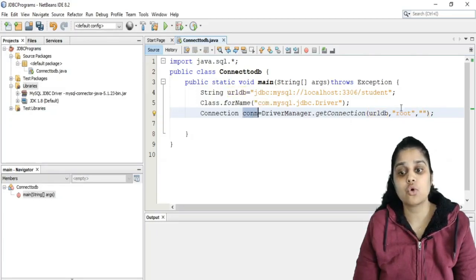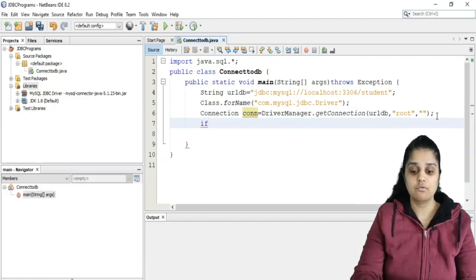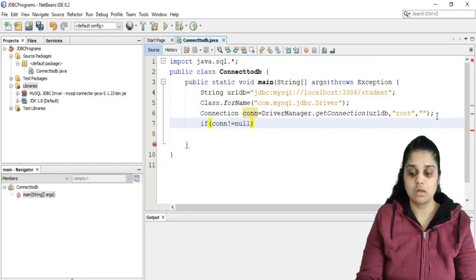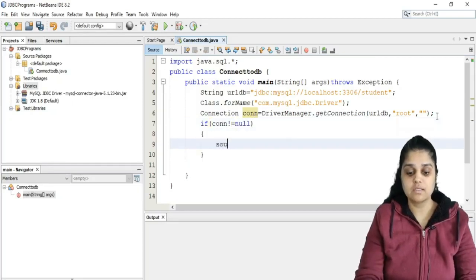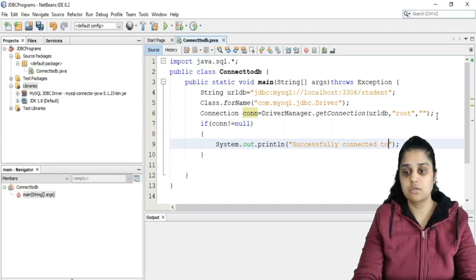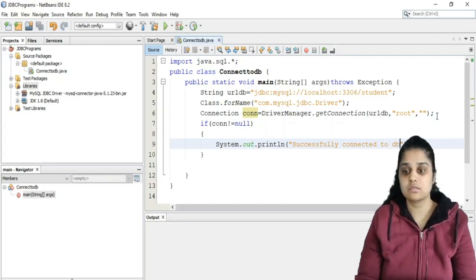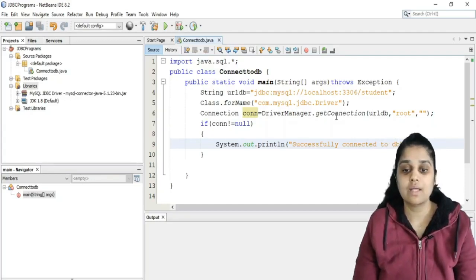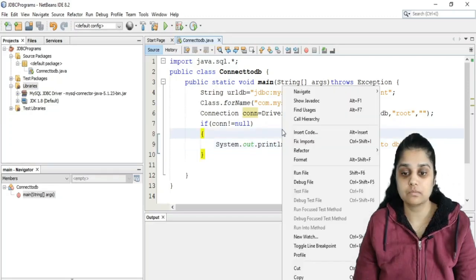And if it is not able to get this, then con will remain null. So we can easily find out if con is not equal to null, and we can specify that we are successfully connected to the database. Okay, now let's run this program and see.